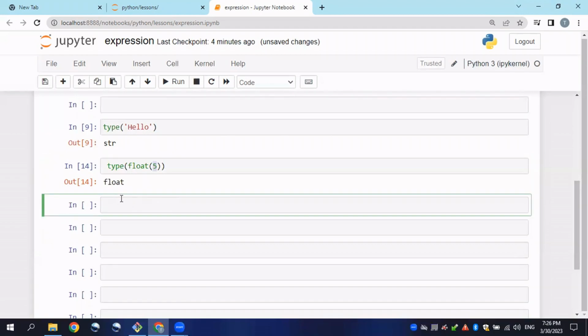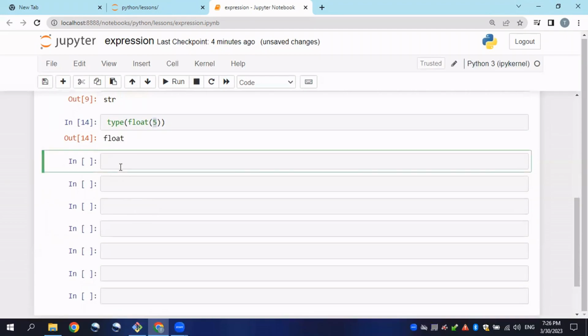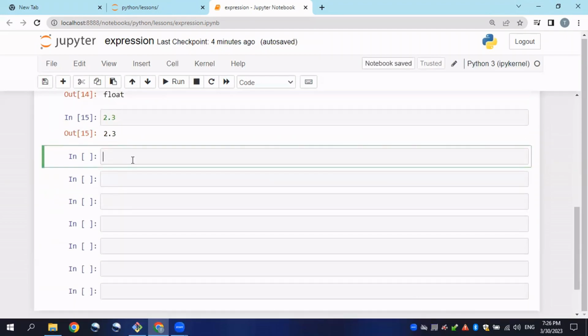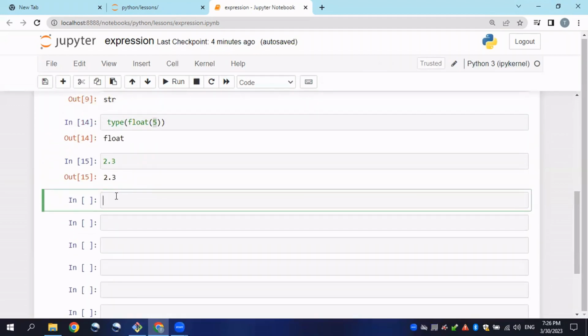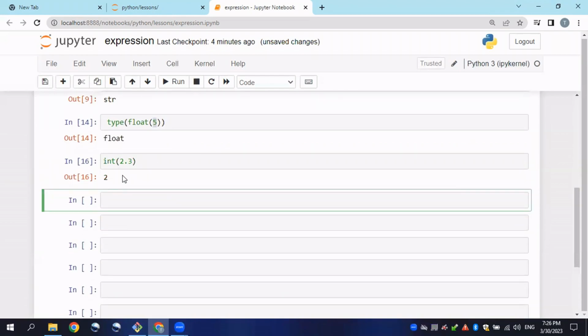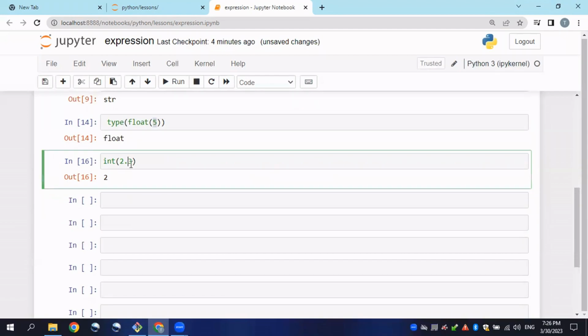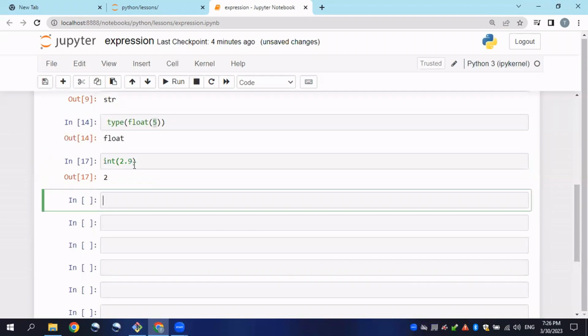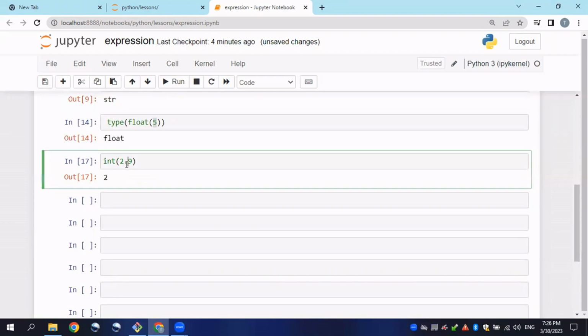But if we cast float to integer, we would lose the decimal information. It's basically going to round your number here. Let's say that we have a decimal number 2.3, but we want to convert it to an integer. In order to convert it, we will put the function name here in front of the number and click enter. You'll see that it will round this number. It does not matter if it is 2.6 or 2.9. It will convert this number to the part before the decimal point, this one, 2, and it will just leave out all these numbers